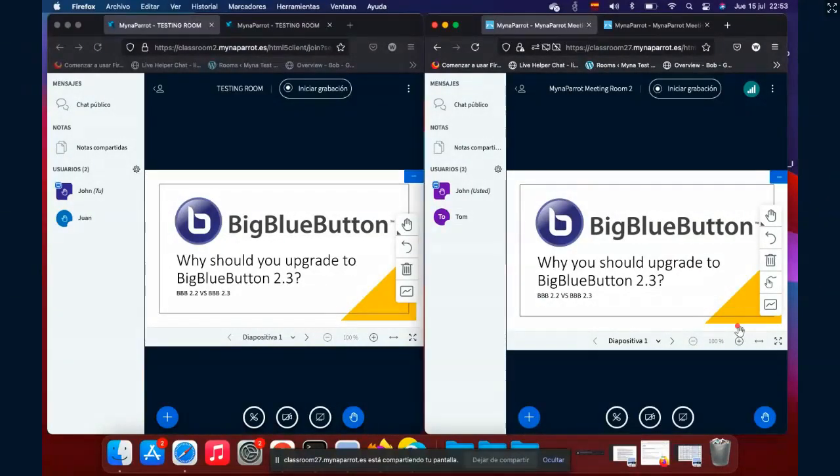So I'm going to share with you and let you see what the difference is, and also some of what we call troubleshooting when using Big Blue Button, based on our experience. We have already upgraded some of our server cluster to 2.3, but we haven't transferred all of our users to the new version, because it is quite new and we have a lot of users.